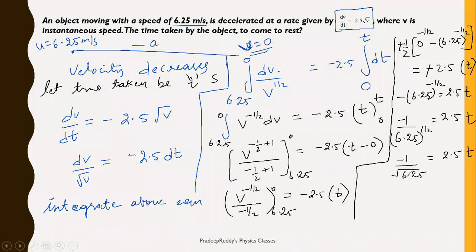What is this 6.25? Root 2.5 will be equal to 6.25. So that you can use it here, because 625 under root will be equal to 25. So that is 2.5, minus 1 by 2.5 into 2.5 is equal to t. So t will be equal to, however, time will be scalar, that will be 1 divided by 2.5 into 2.5. It is 6.25 second. This will be the final expression for time taken.